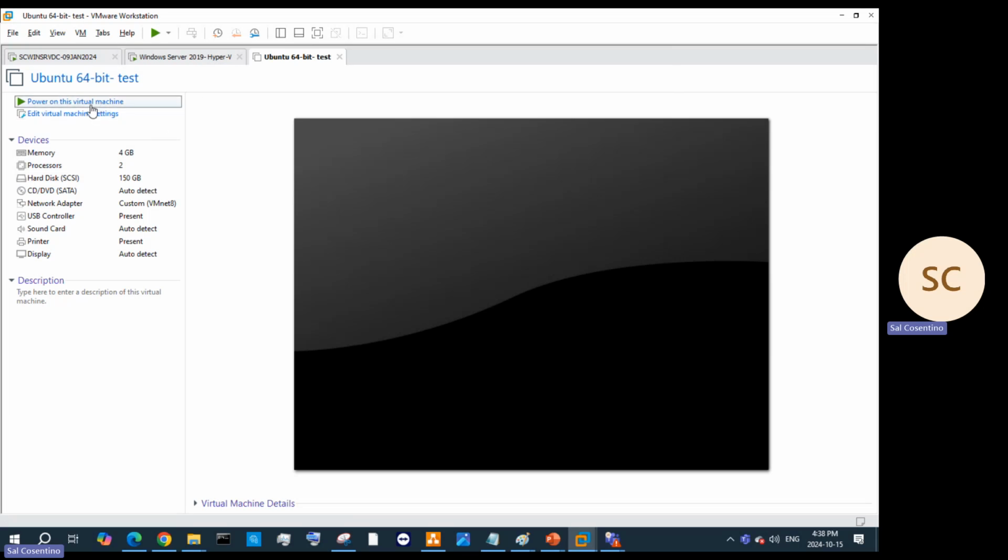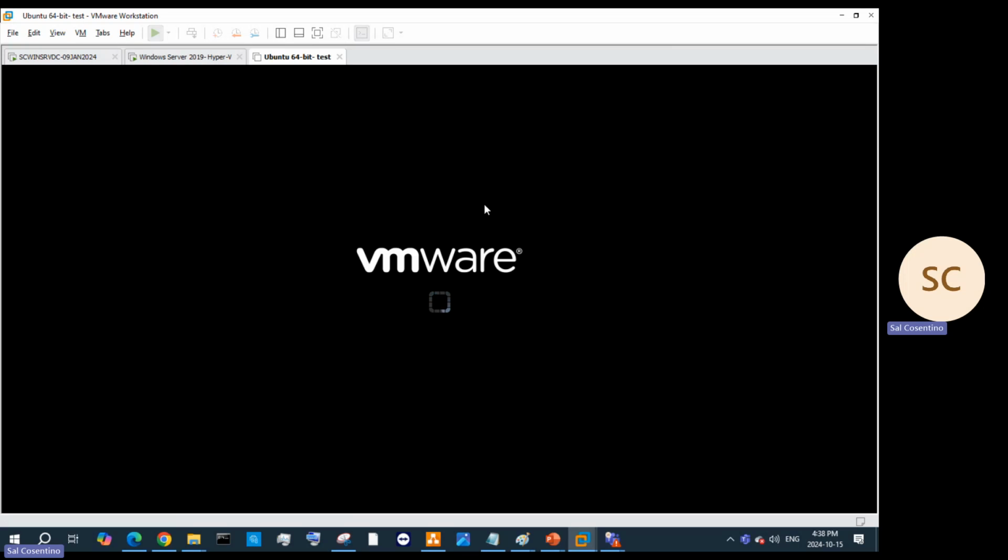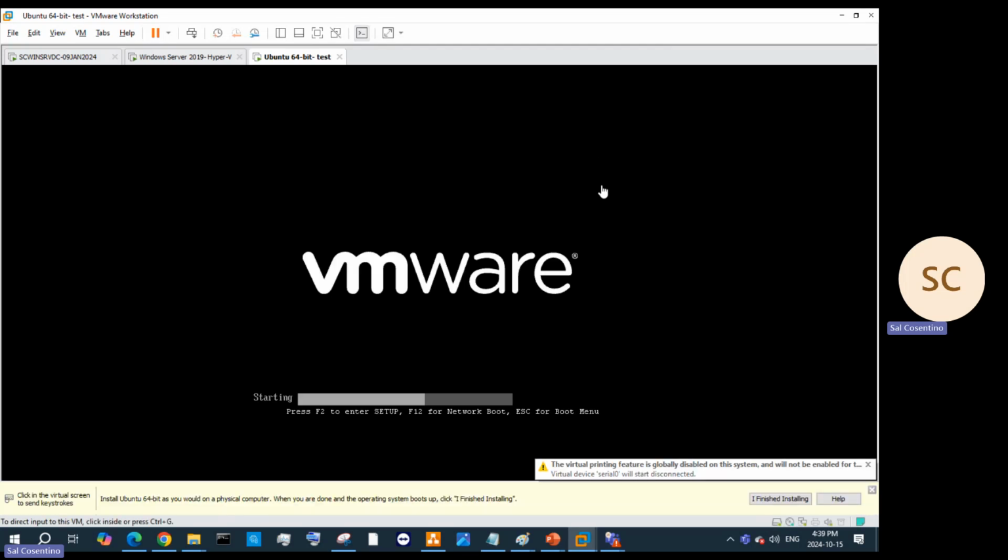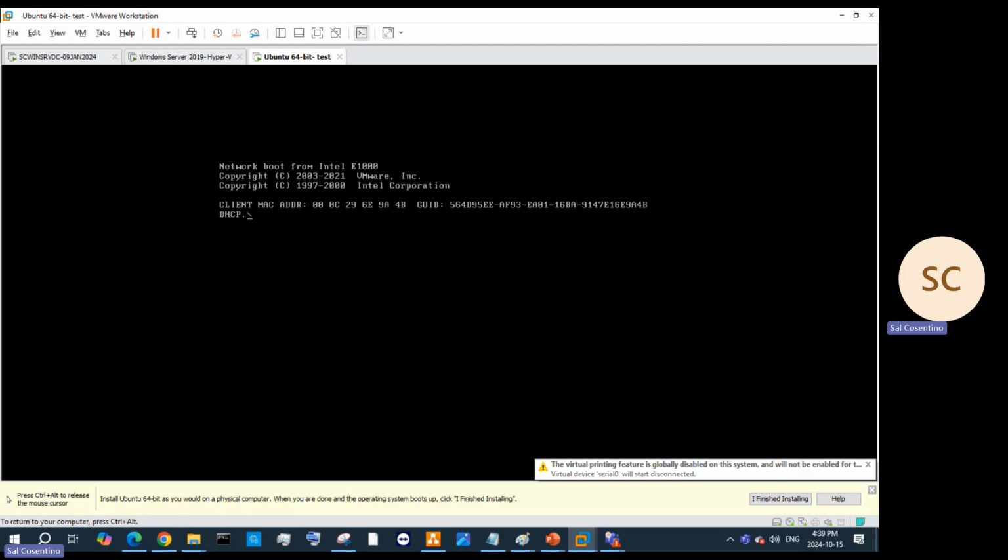So when I power it on, right? I've powered it on. I'm going to wait for the disk to load and then click within a black area here and then just wait for the instance to load. And as the instance loads, I'm going to click on here, right? And I'm going to,